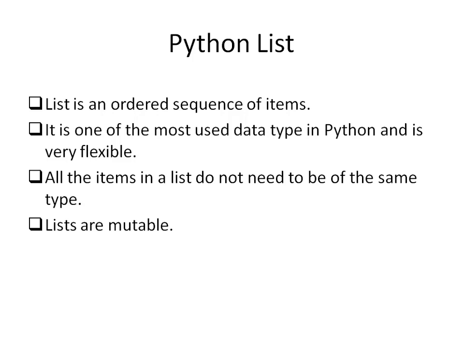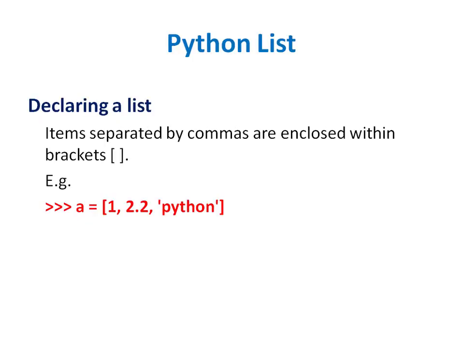There are two categories of data types. They are mutable and immutable. Mutable means that the elements of that data type can be modified. That is, if you access a particular element and change it, that is feasible in case of mutable data types. But in case of immutable data types, if you try to change a particular element, it is going to report an error. It is not going to change it. So that is the difference between mutable and immutable. When we encounter some immutable data type, it will be clear to you. Also, we are going to discuss this point in detail later.